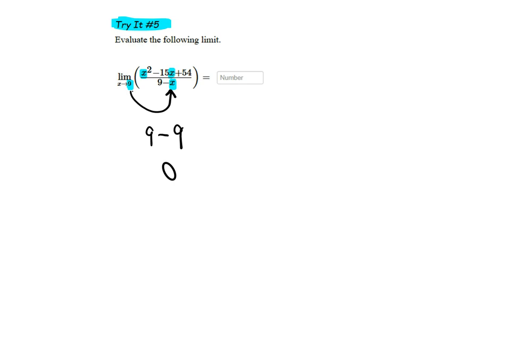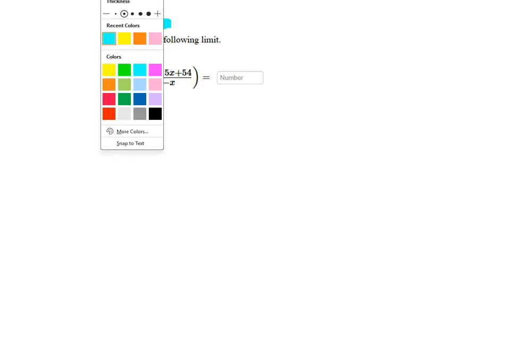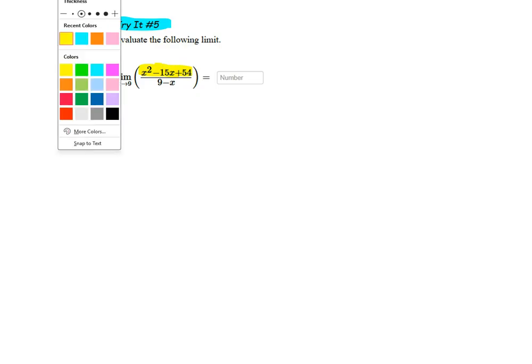But my numerator is a trinomial that I can factor. And so I'm going to take my numerator here, that's a little bigger, and I'm going to take that trinomial of x squared minus 15x plus 54, and I am going to factor it, but I like to call this unfoiling,